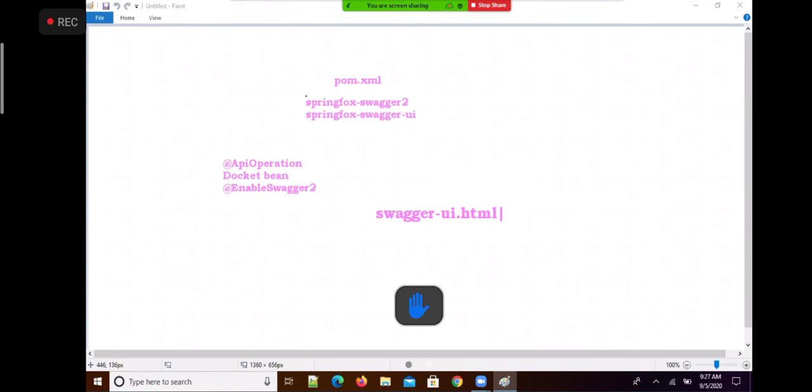Okay, the swagger-ui.html file, that HTML file is created at runtime in our application context path. And this HTML file will show the documentation for the clients to access. So I am going to show you how documentation can be prepared for our REST API using Swagger. Now we'll start with that.